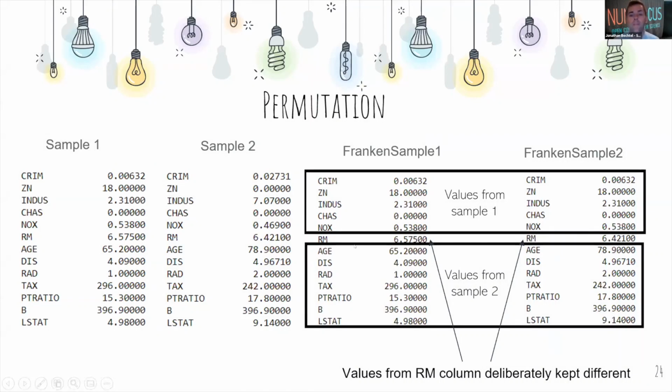So everyone here, let's make a mental note. These values should match from sample 1. And on the bottom over here, either 78.9, the 4.96, the 2.42, whatever, all of these should match. So you have a random mix between sample 1 and sample 2, and the things that are deliberately held different are the values of room. If we were to calculate the Shapley sampling value for the room column itself,